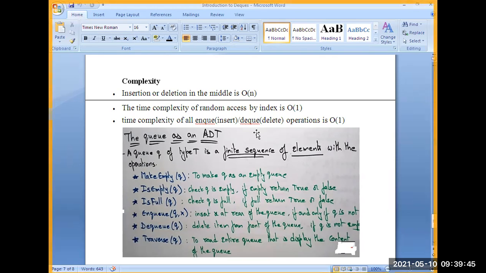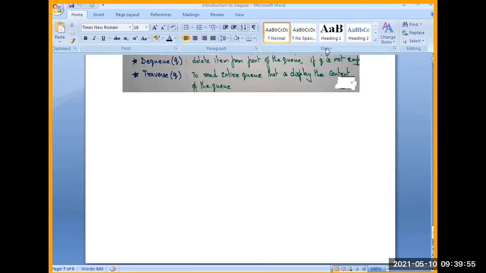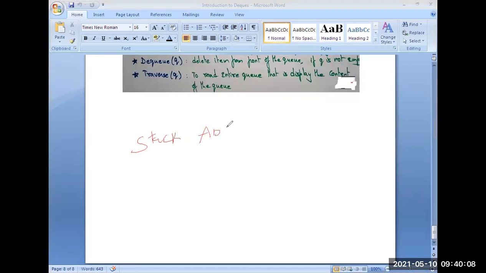Then see stack. So stack as ADT. You already know, that's why I'm just explaining here. Stack as ADT. So what is ADT?